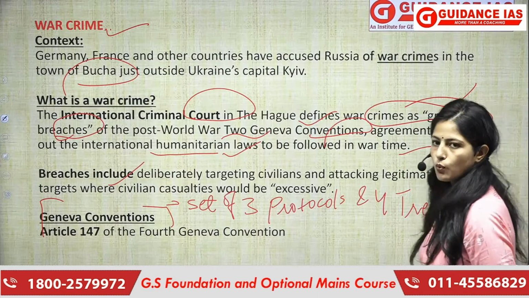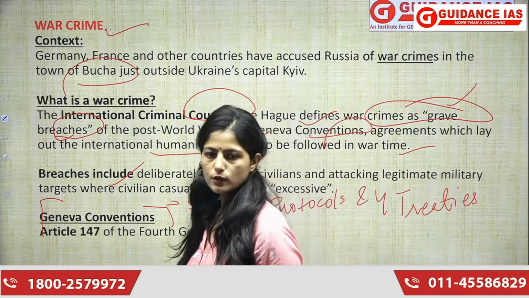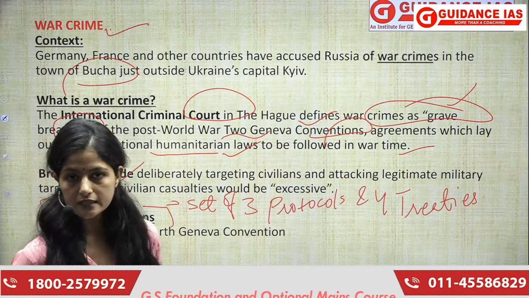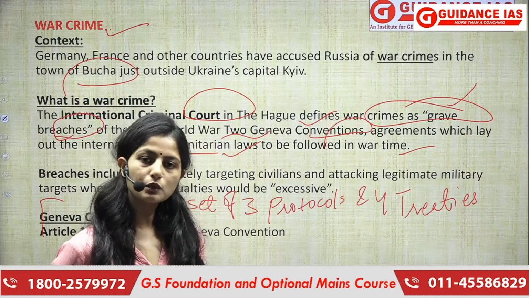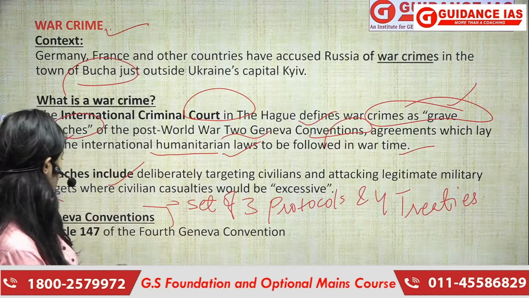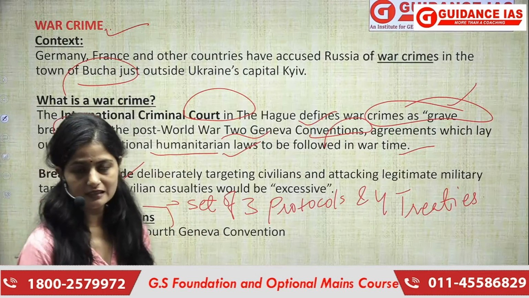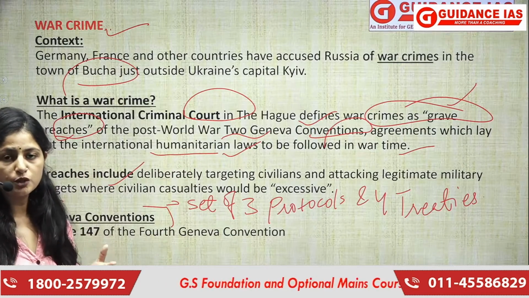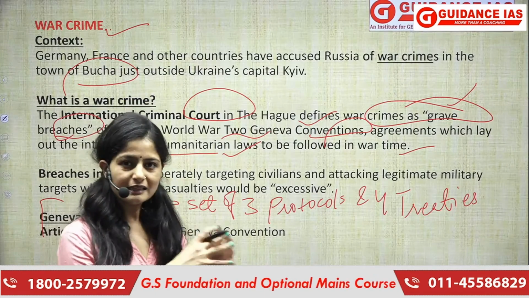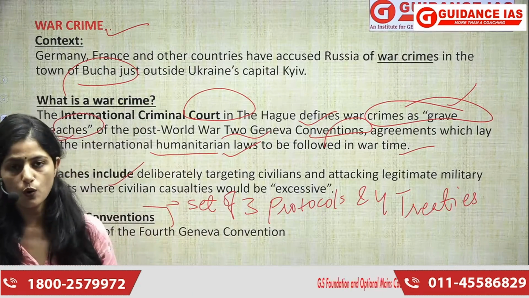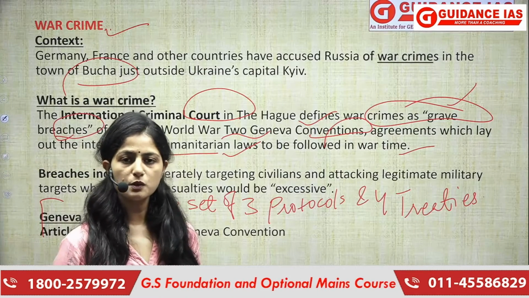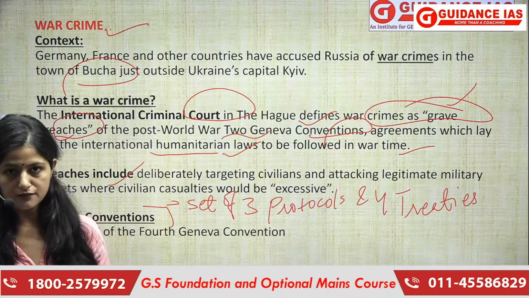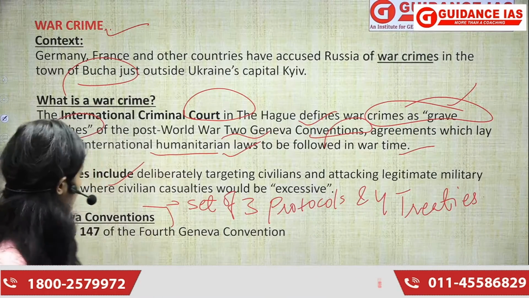So what happened at World War II from 1939 to 45? We've seen that the civilians were brutally targeted. There were prisoners of war who were brutally handled. So we saw barbaric scenes at World War II. So that was the time when we decided that we should set some humanitarian standards so that these things which were happening with the prisoners of war, with the civilians, should not happen. And that is when we came up with Geneva Convention in 1949. So this was basically to set the standard for humanitarian purposes.